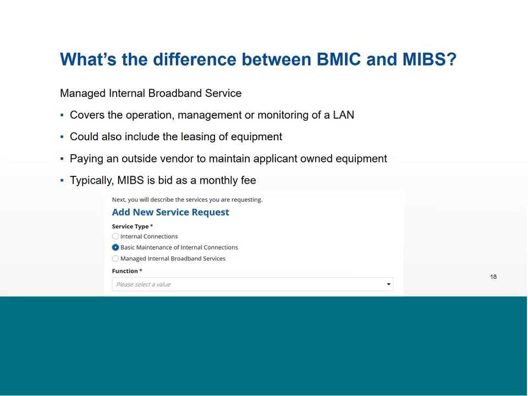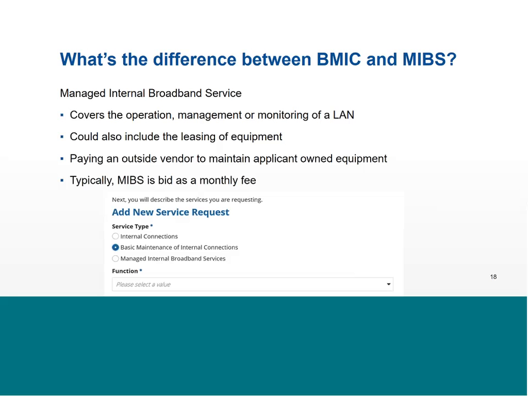All right, so the next thing is managed internal broadband service, or they call it MIBS. This is a fairly new service type that came out with the modernization order. MIBS covers the operation, management and monitoring of your equipment. Sometimes applicants will lease equipment rather than purchasing it outright, or sometimes applicants will pay an outside vendor to maintain the equipment that they own,